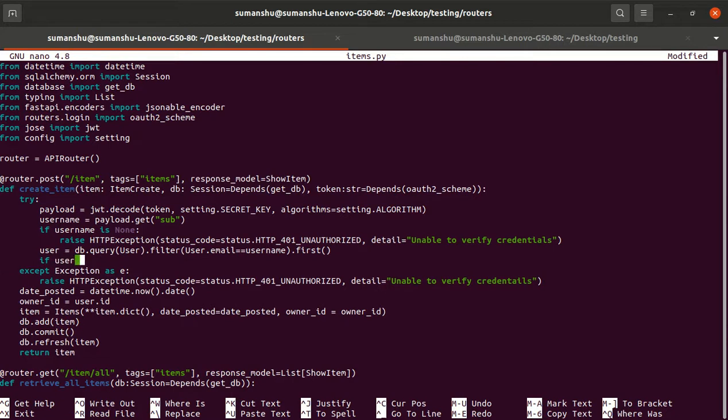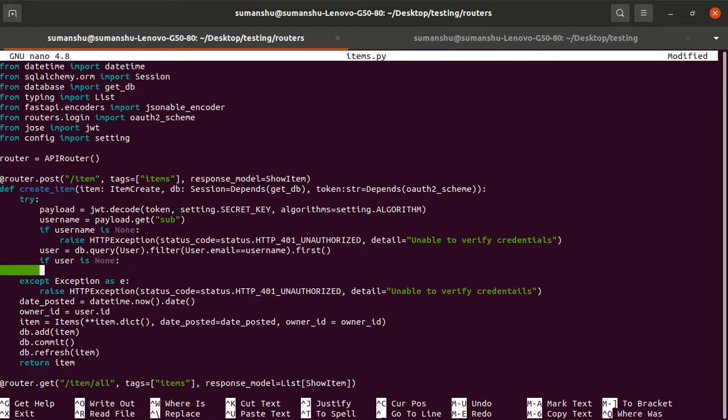So if user is None, let's raise an HTTP exception with status code status.HTTP_401_UNAUTHORIZED and detail equal to unable to verify credentials.